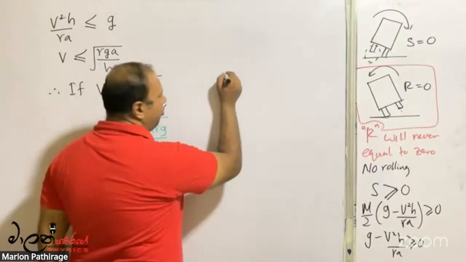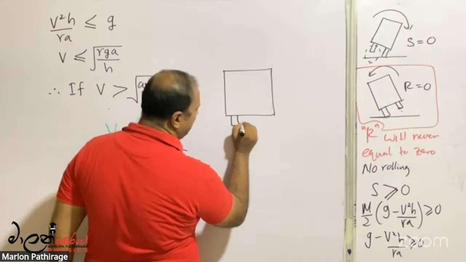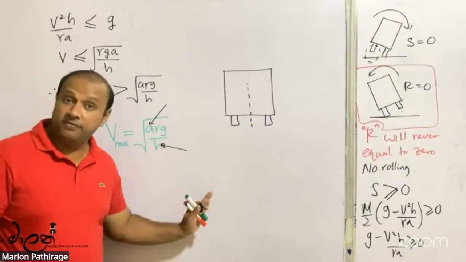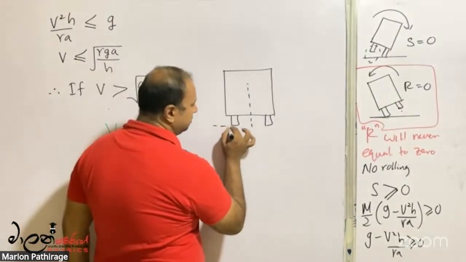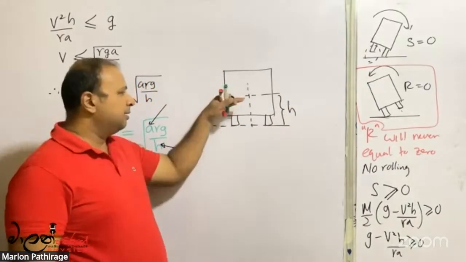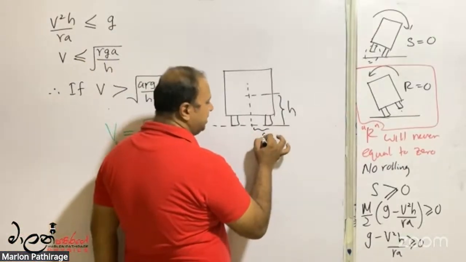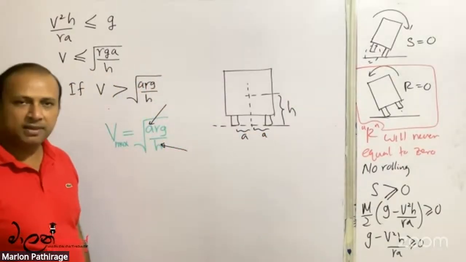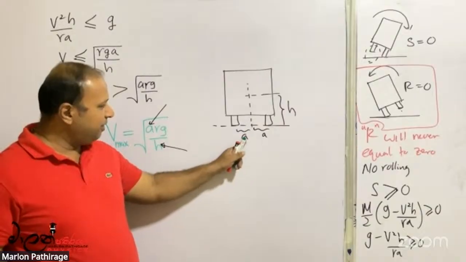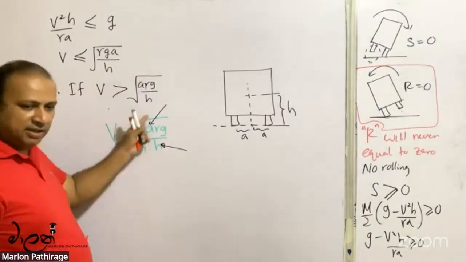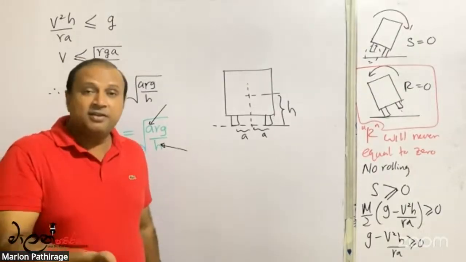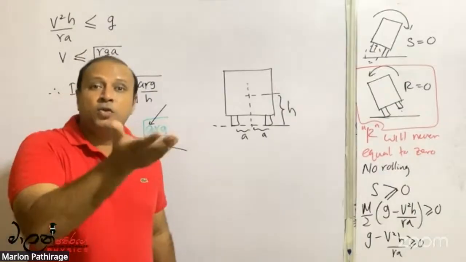Here H and A are related to the geometrical configuration of this vehicle. So H is the height from the ground to the center of gravity of the vehicle, and A is the width of the vehicle. Therefore, if we increase the width, what will happen? If we increase the width, the maximum velocity will be increased. That means we can increase our velocity to a higher value